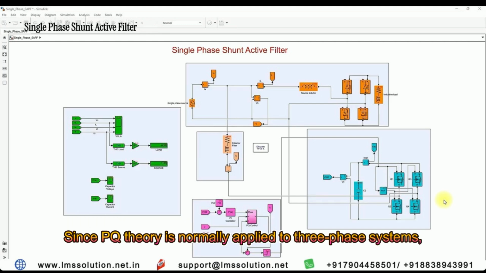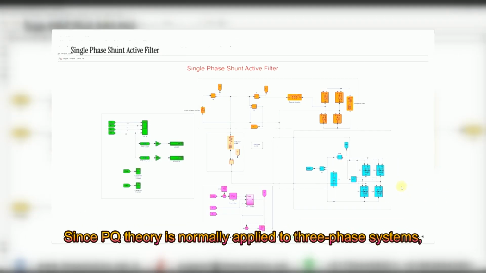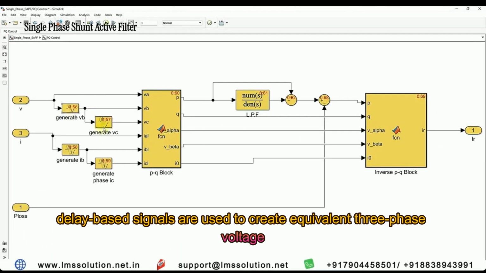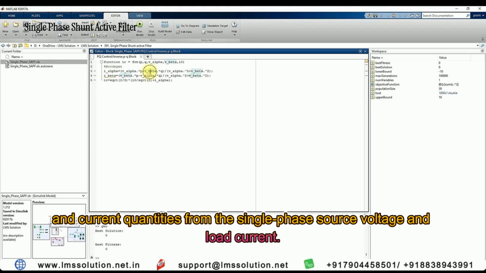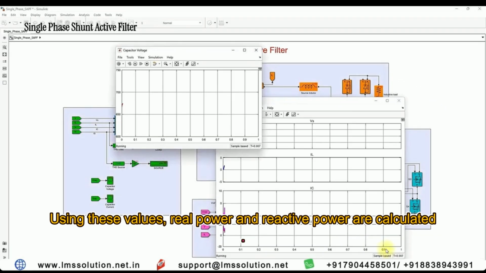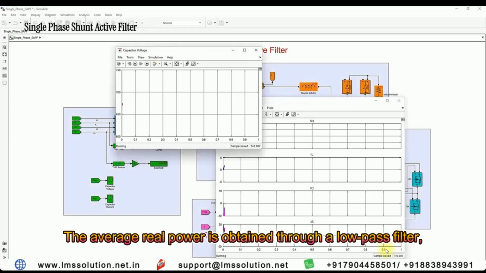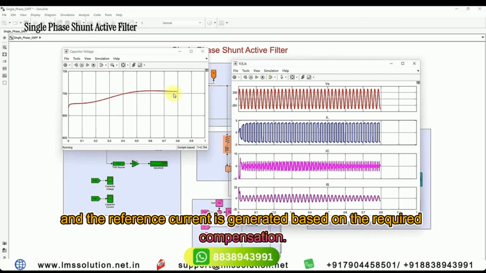Since PQ theory is normally applied to three-phase systems, delay-based signals are used to create equivalent three-phase voltage and current quantities from the single-phase source voltage and load current. Using these values, real power and reactive power are calculated. The average real power is obtained through a low-pass filter and the reference current is generated based on the required